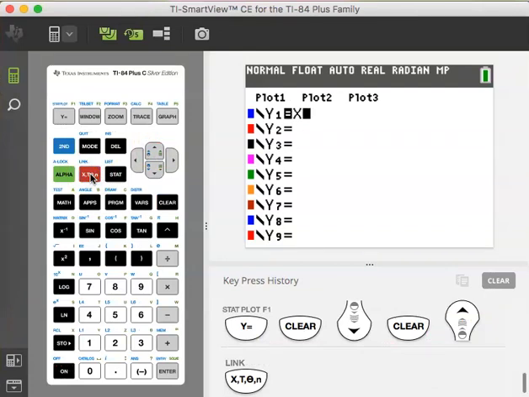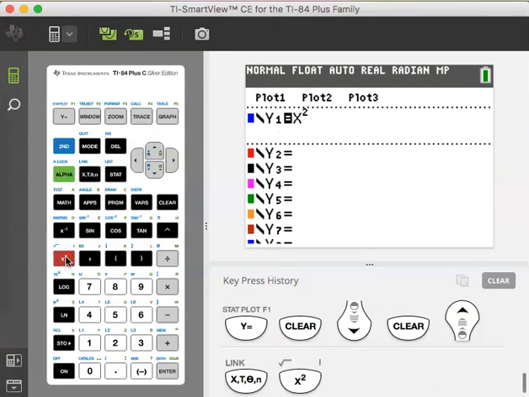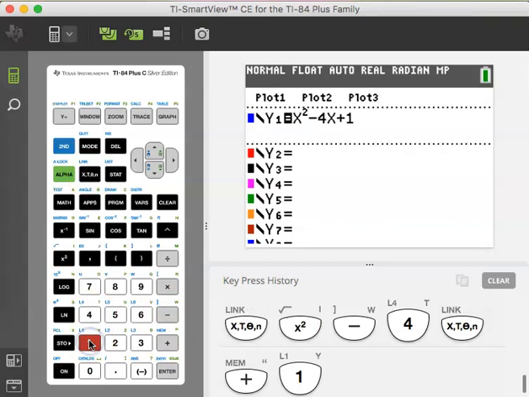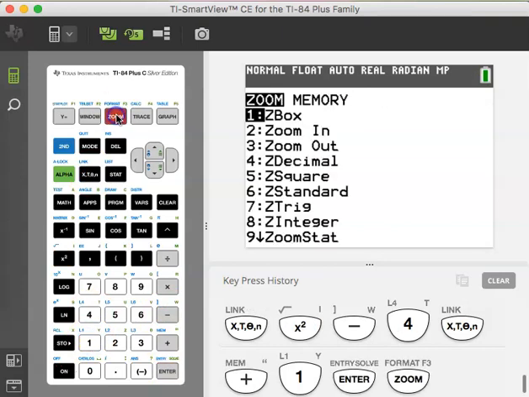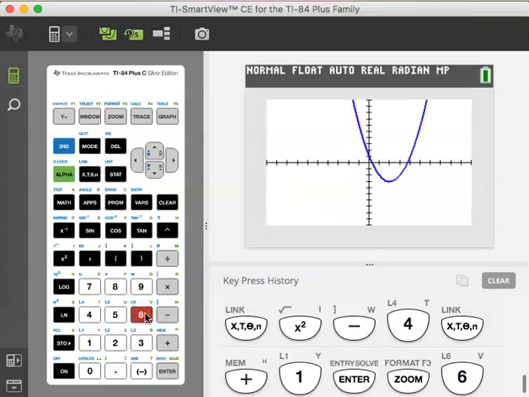X squared. And I've already forgotten it. Going to the next page. Minus 4x. Yep, minus 4x plus 1. And we'll try zoom 6. Well, there it is. So we just need to know where